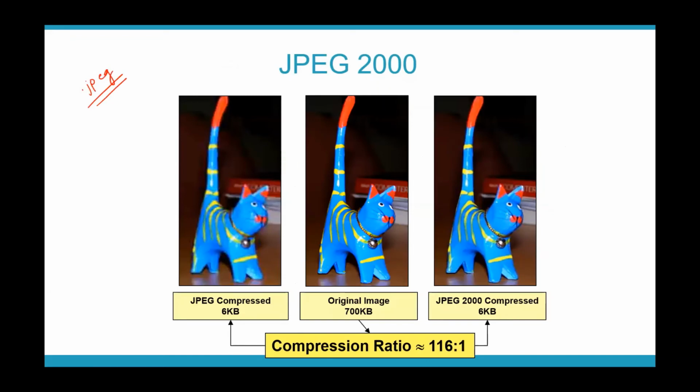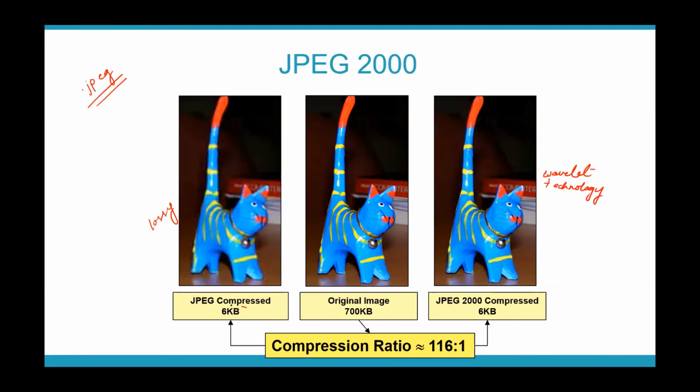Okay, so you can see here 3 images. This is your original image, the one which is there in the center. Now this is an image which is JPEG compressed, on which the normal lossy JPEG compression is applied. Now you can see here, this is an image which is JPEG 2000 compressed. So basically this is compressed using our wavelet technology. So you can see how clear this image is in comparison with this image, okay.